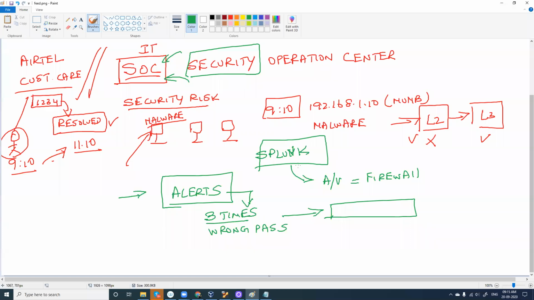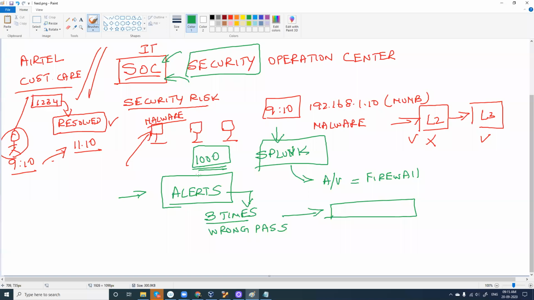So Splunk can act in real time, just like when you insert a USB in your computer and your antivirus search engine suddenly pops up, intimating you that we have detected a virus. Like that, for the whole network, even if it has 1,000 computers, fine. If all 1,000 computers are connected to a server and the server is running Splunk, probably you'll be able to control all the security risk linked with all these 1,000 computers.